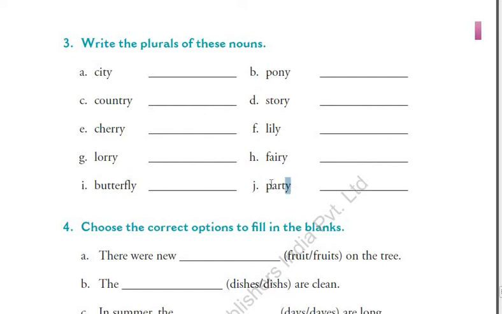The same way, party. So you need to replace Y with IES. So the spelling will be PARTIES. Parties. Okay. So it is very easy, student. See, many of them I have already solved for you. Correct? This I solved again so that in case you have any doubt while doing homework, see, I